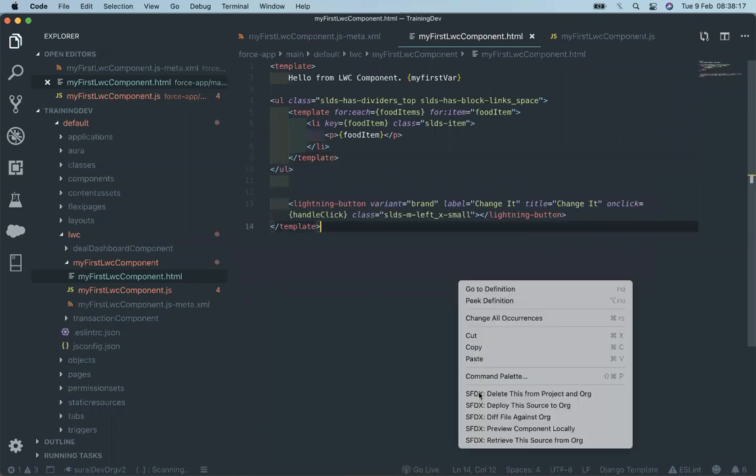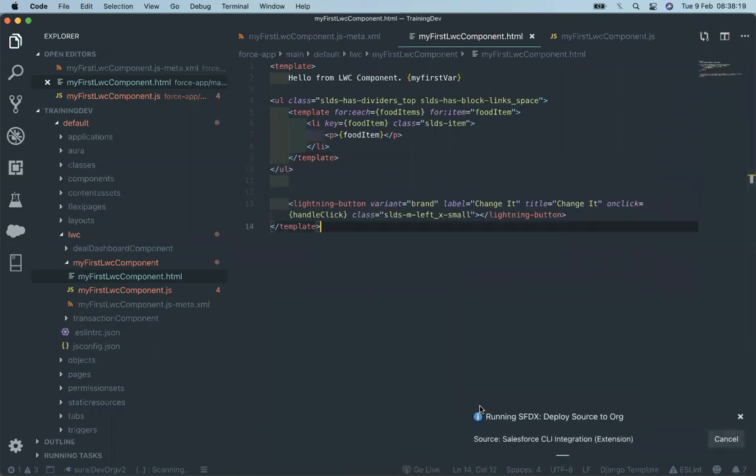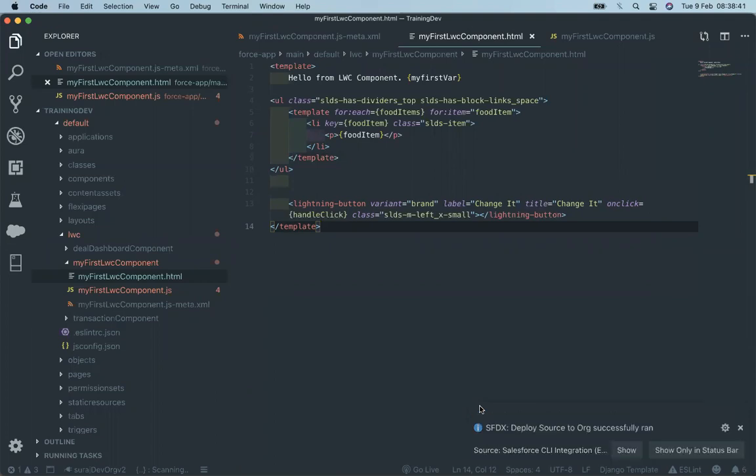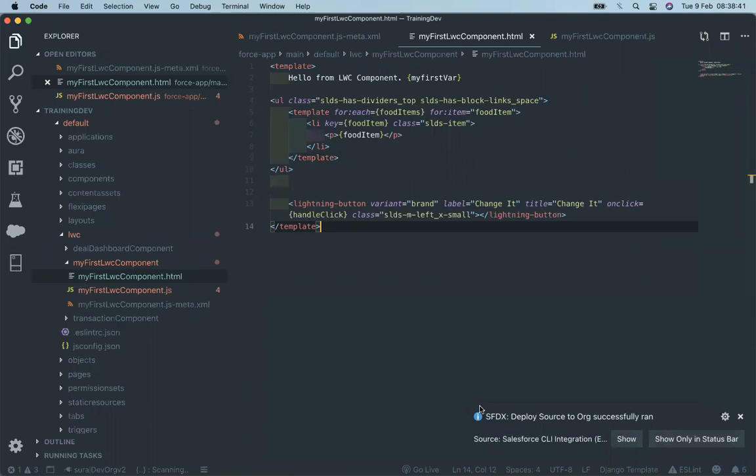Save it, deploy it. Okay, it's successfully run, no error.